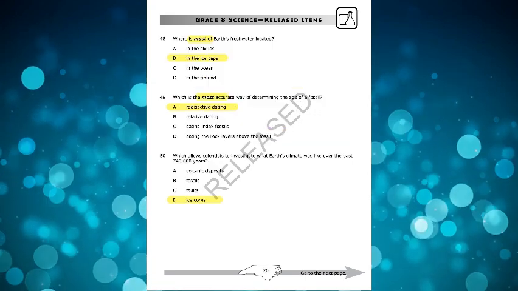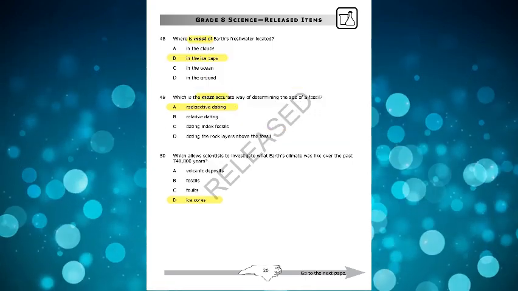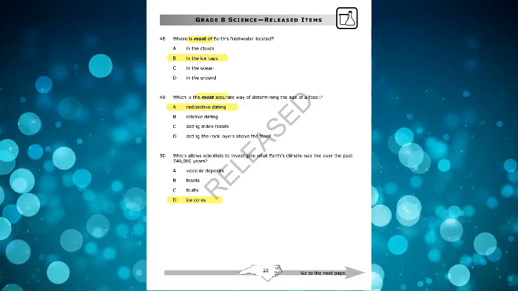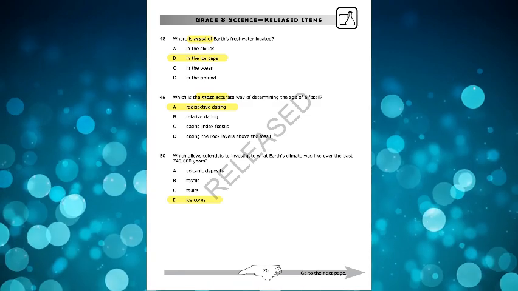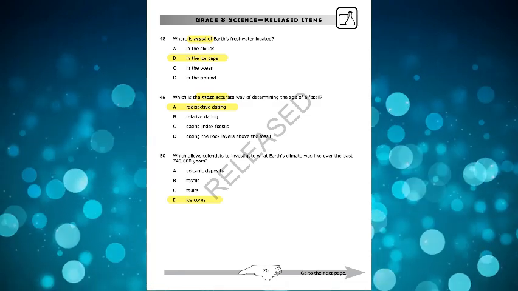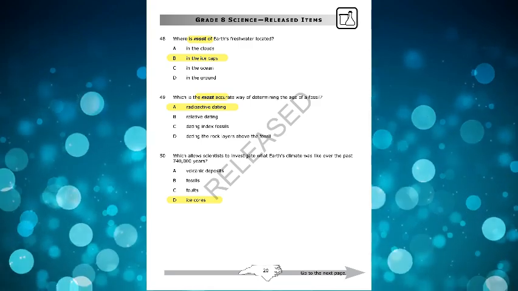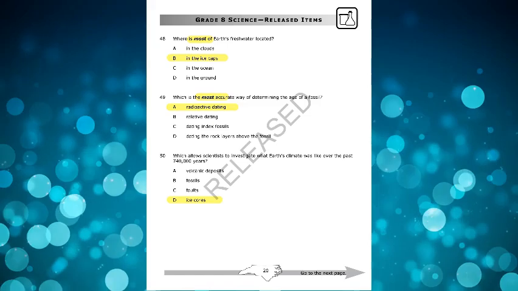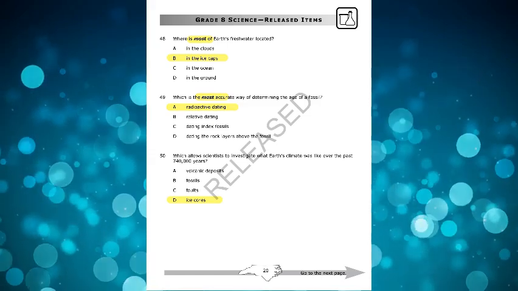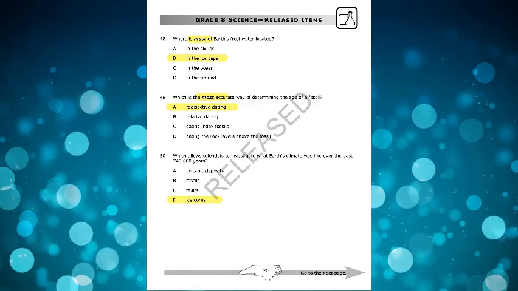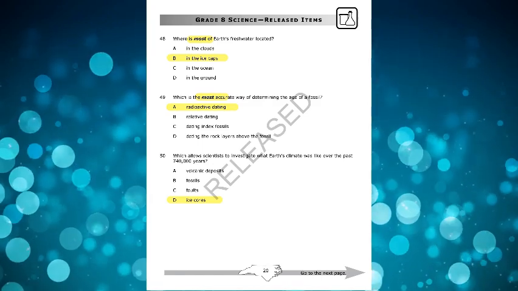All right, so we've been over some questions like this already, but to recap, where's most of Earth's freshwater located? And that's in the ice caps, right? They are frozen. We do not have immediate access to them. Which is the most accurate way of determining the age of a fossil? Again, this is radioactive dating. This is where you look at the uranium level, right? And you're seeing the half life of uranium and the amount that is in any given substance to figure out